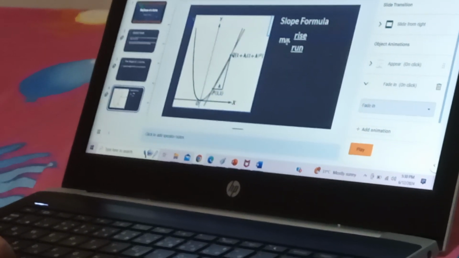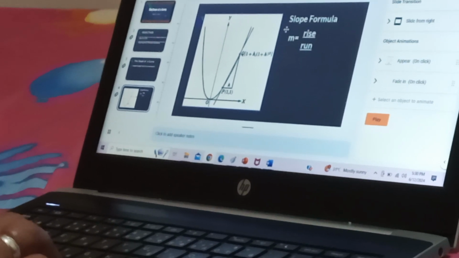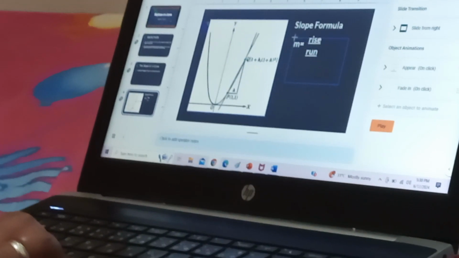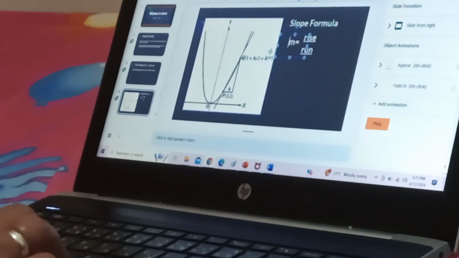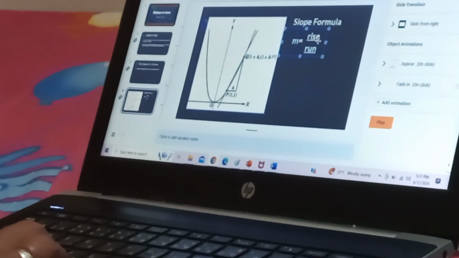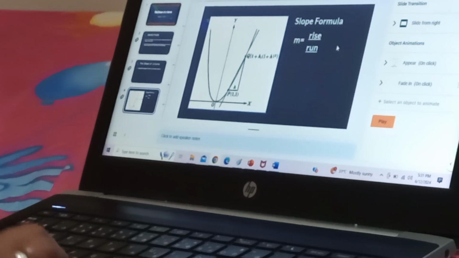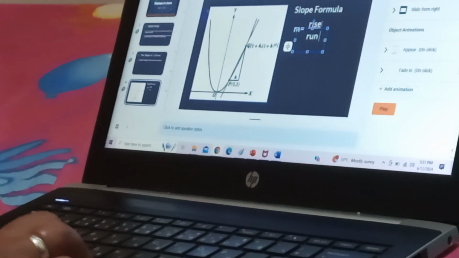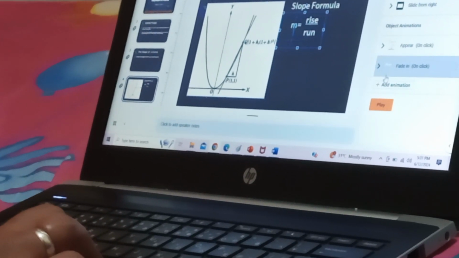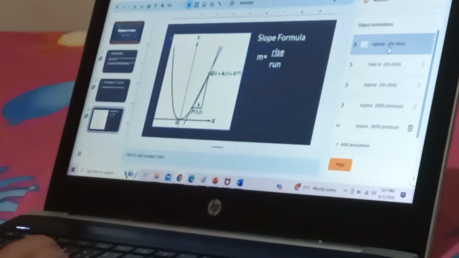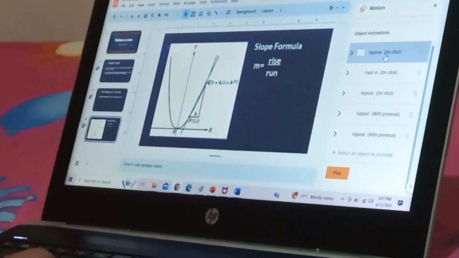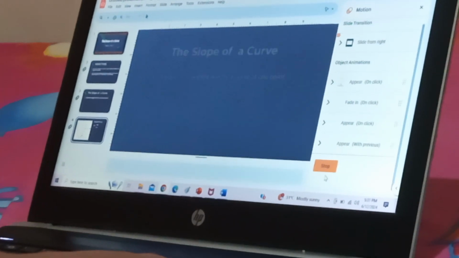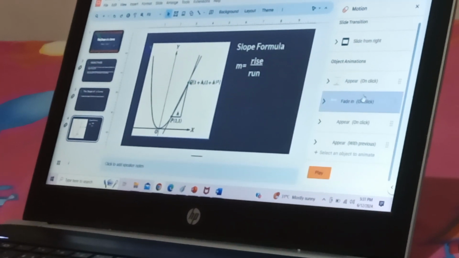Then I want to group this one, to add animation here. Play. Okay, try to check again.